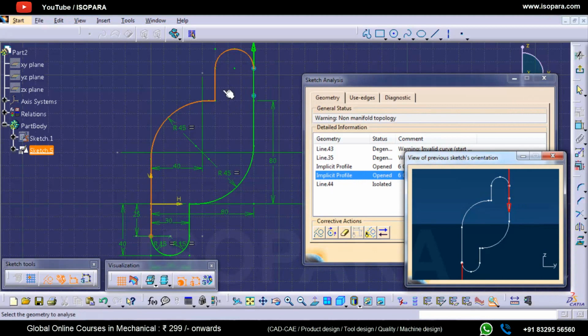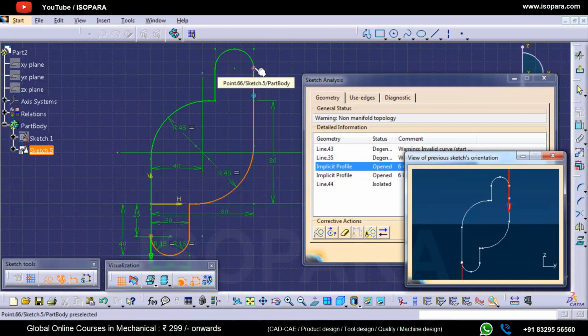So it is showing me this is open from here to this location. Then I will check again from here up to this location. This profile is again an open profile, while this line is, I think, superimposed by another. So I don't need this line.